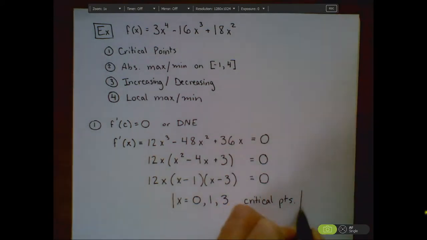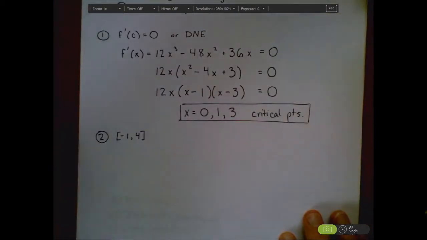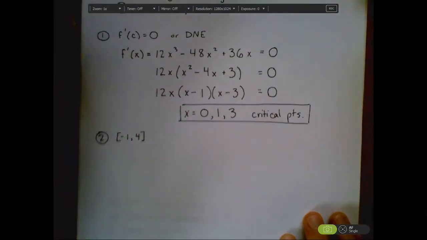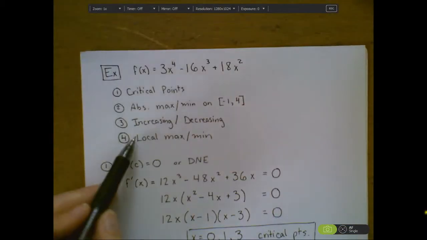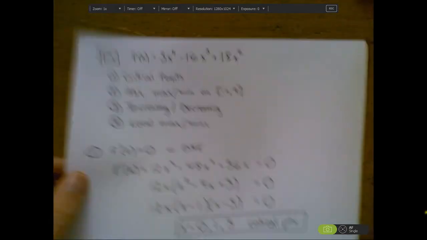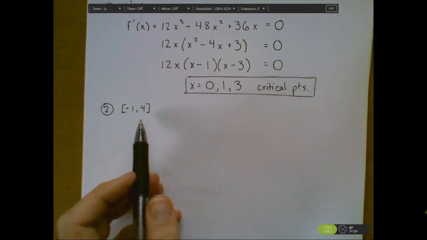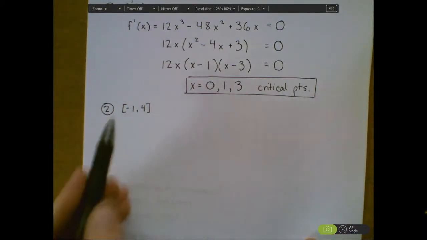Now we need to find the absolute maximums and mins on the closed interval from negative 1 to 4. There are a number of ways that we could do this. If we had already found the critical points, we could actually go through and evaluate whether they are local maxes and mins and get an idea of what the graph looks like. Instead of doing that, we're going to do it algebraically, and by that I mean we know that the maxes or mins have to be either endpoints